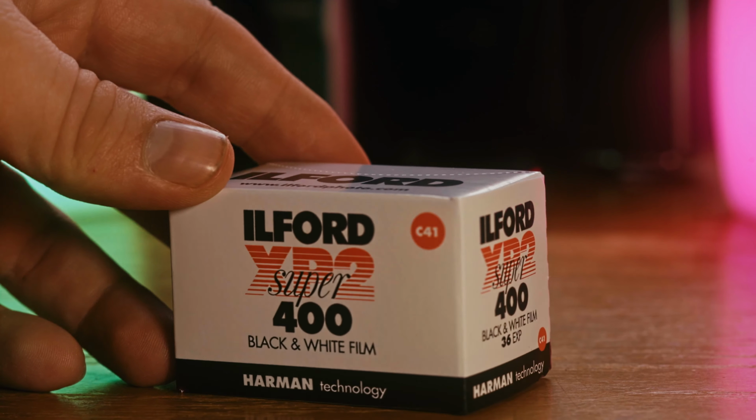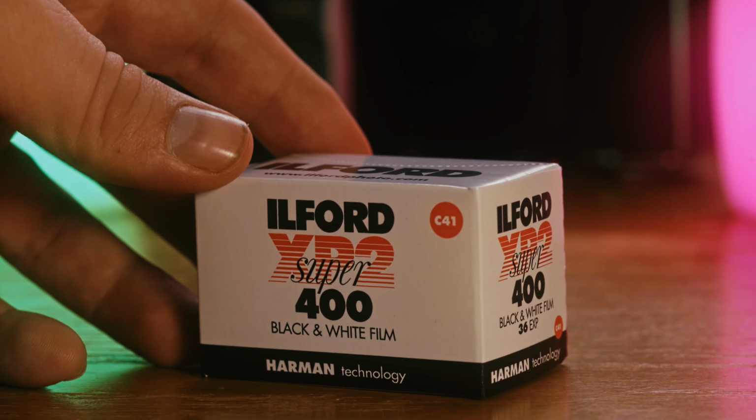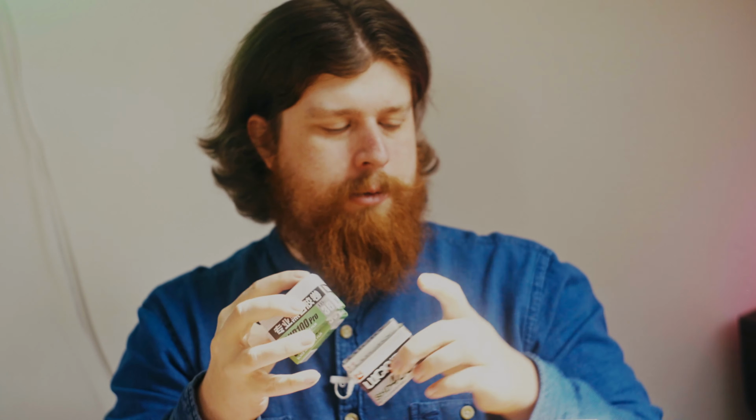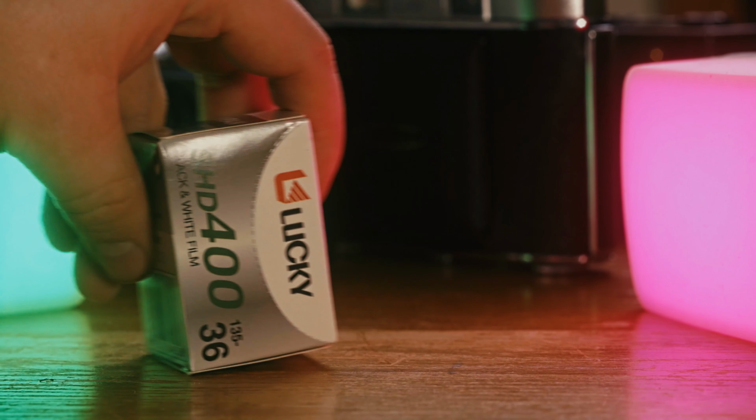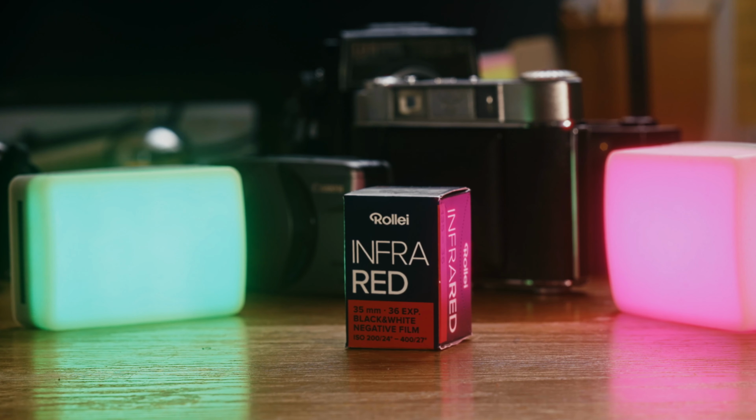Black and white. Ilford XP2, which is interesting because it can be developed in C41. So it's basically a black and white color film, or a black and white film that can be developed in color. When I was ordering from Reflex Lab, I also found those SHD films with 100 and 400 ISO, 1 roll of Rollei Infrared, and